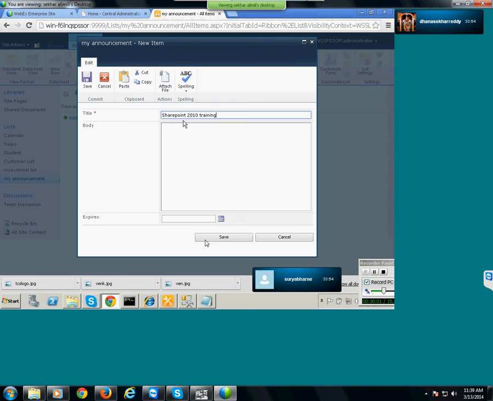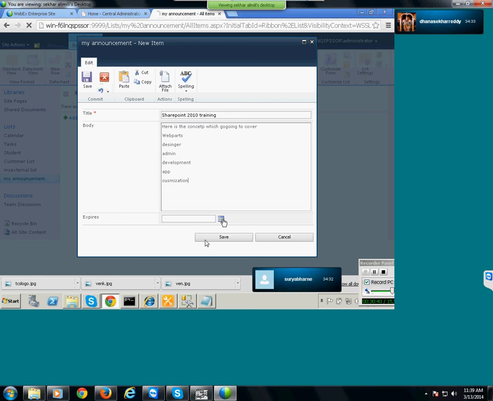Body: here are the concepts which we are going to cover. One is web part, designer, admin, development, apps, customization. Got it?